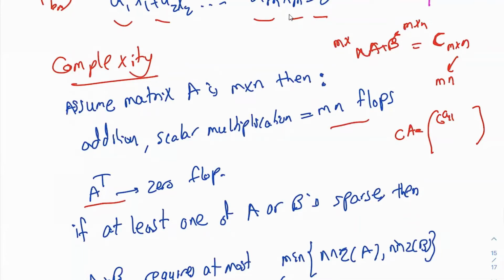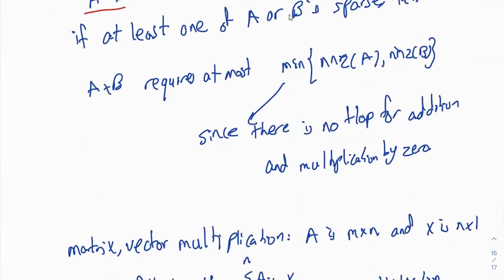So now, what if at least one of A or B is sparse? Now, remember, this is very important. For sparse matrices or sparse vectors, we work with a concept called NNZ, number of non-zero elements, right? Because adding or multiplying by a zero is considered as no extra flop. So that's what I wrote here, since there is no flop for addition or multiplication by zero. So it turns out the number of flops when you add A plus B is at most